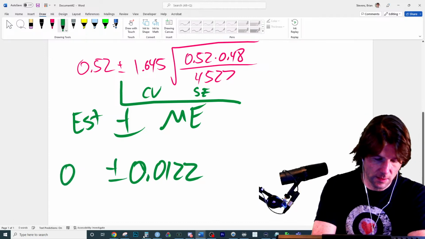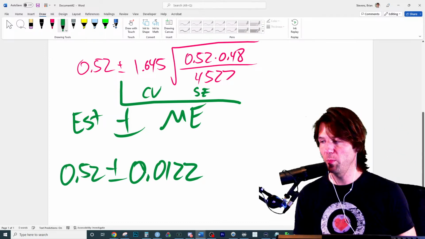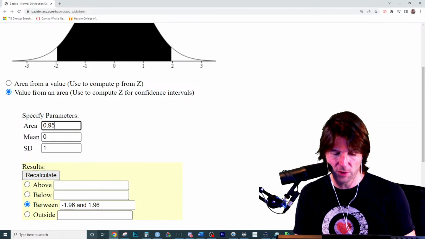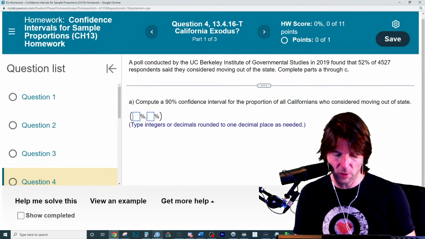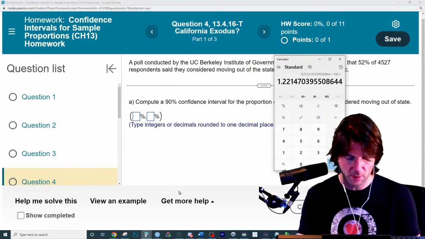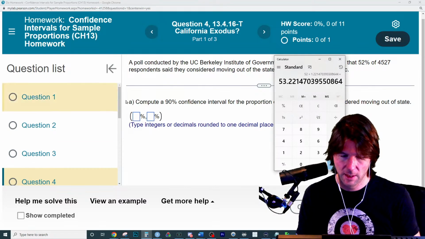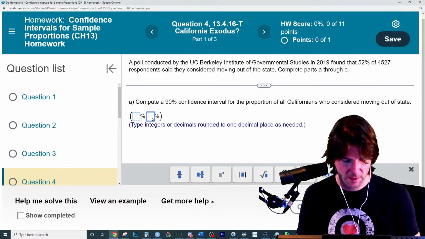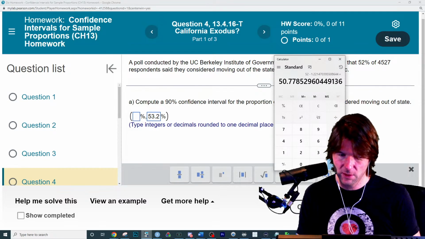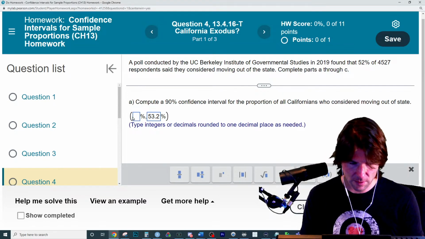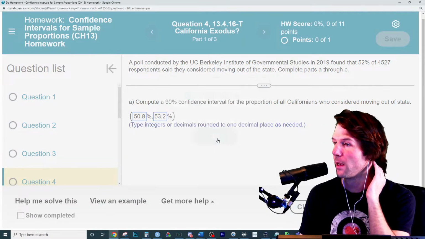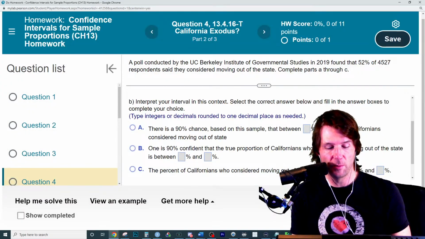And the estimate is this. So now we just go plus or minus. Does that make sense, Evan? Once you solve it, this is the answer to the question. It does want it as a percent, so we need to multiply this by 100. Then we go 52 plus this. What does it want, to one decimal? 53.2. And then 52 minus this is 50.8. As long as we carry decimals, we should be good. There we go. Now, what's really great, and then we'll look at that question in a moment.